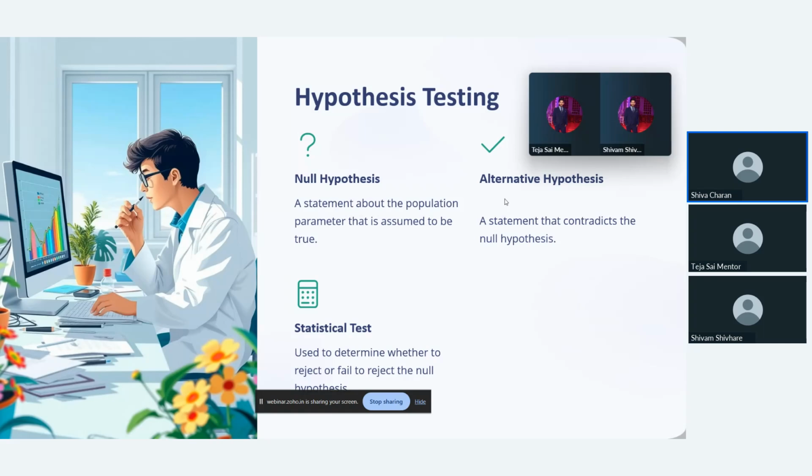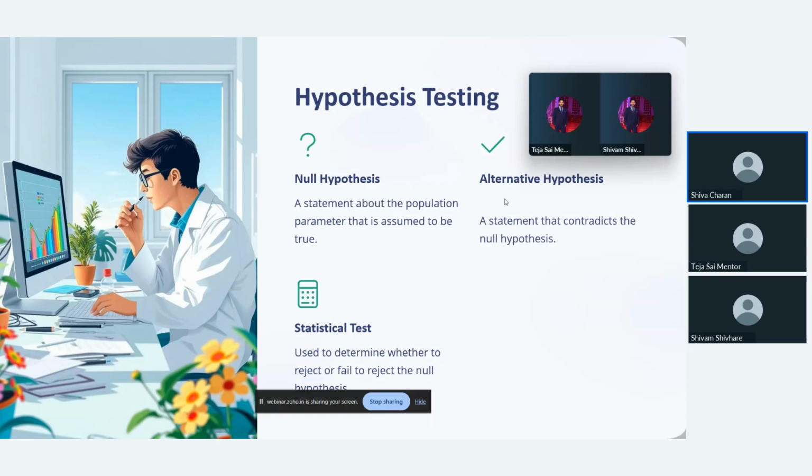Hypothesis testing is required when a particular statement is passed on a dataset, or a particular statement is assumed to be true, and we just want to know whether it holds for the data set which we are having. So let's consider an example. You want things in an example format, right? Let's consider the pharma domain.